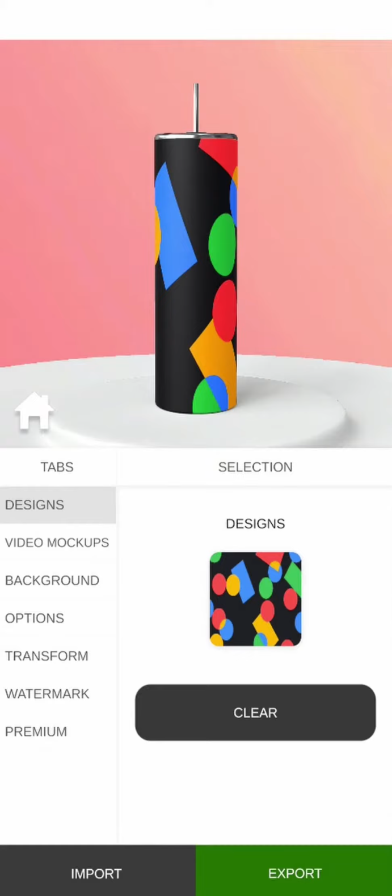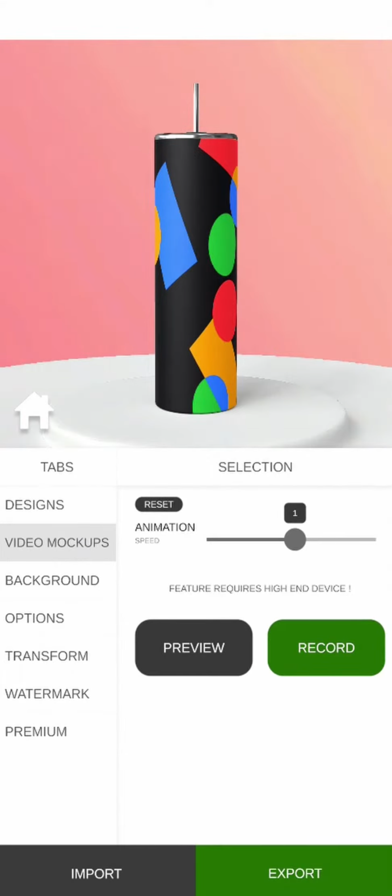This is great, but you can do a lot more than this. For example, we can do video mockups. To do so, we can navigate to the Video Mockup tab on the left. Let's go through the options. The first slider represents the speed the animation will be played at. Let me demonstrate. Tap on Preview,